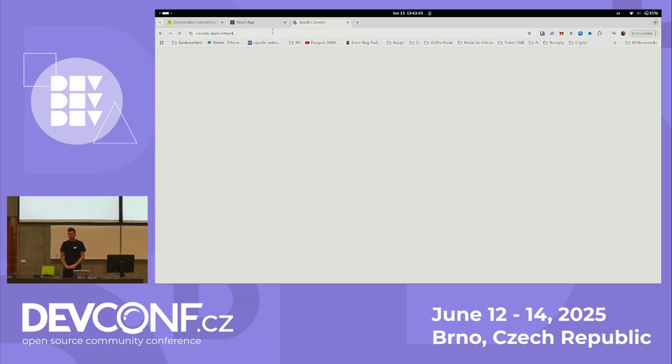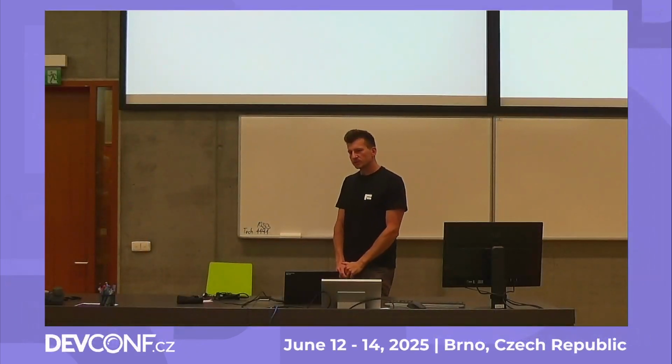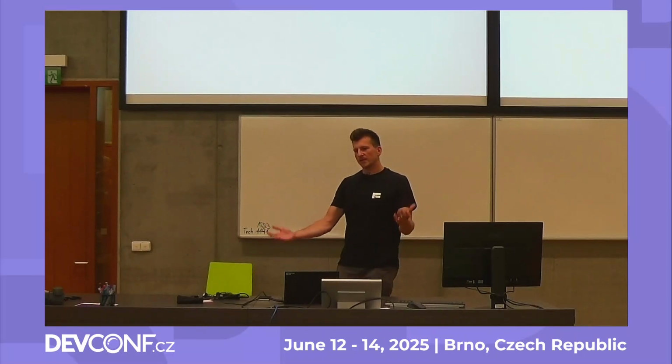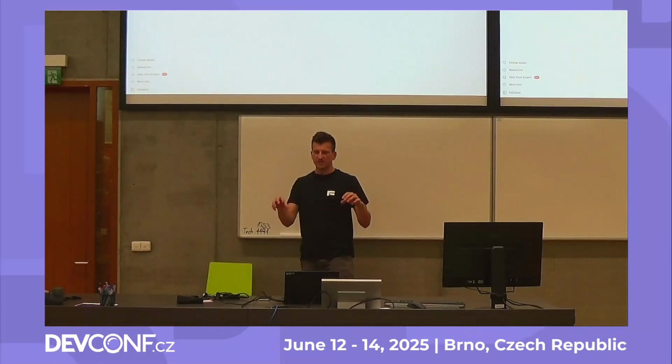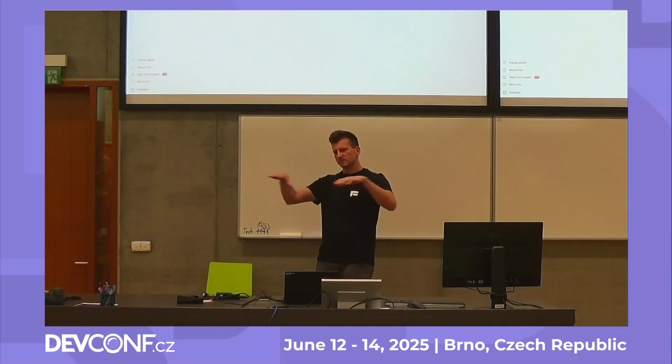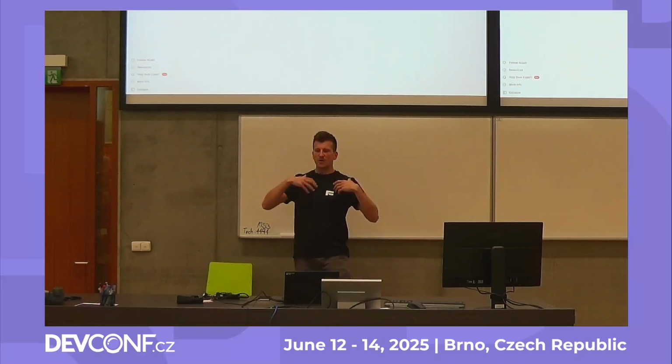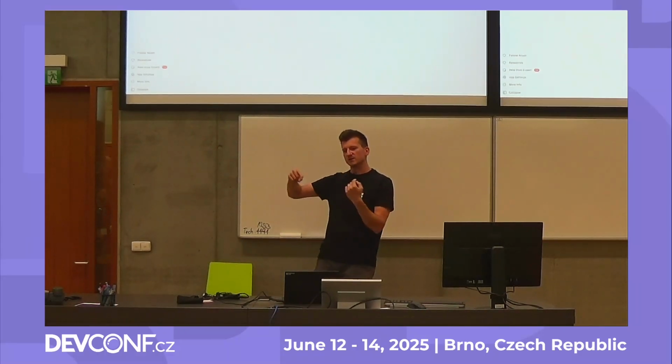Is Radicle censorship resistant? It should be. It depends on the threat model you want to apply to it. But there is no one in the network who can prevent you from publishing stuff. The question is, will there be nodes that are willing to host your code? And there is also no incentivization right now. They have a token, but they don't have it applied to this model of, I am hosting some code and I get paid for that. It's like a missing link. So now it's all altruistic. I run a node, my friends run a node, and we host each other's code.